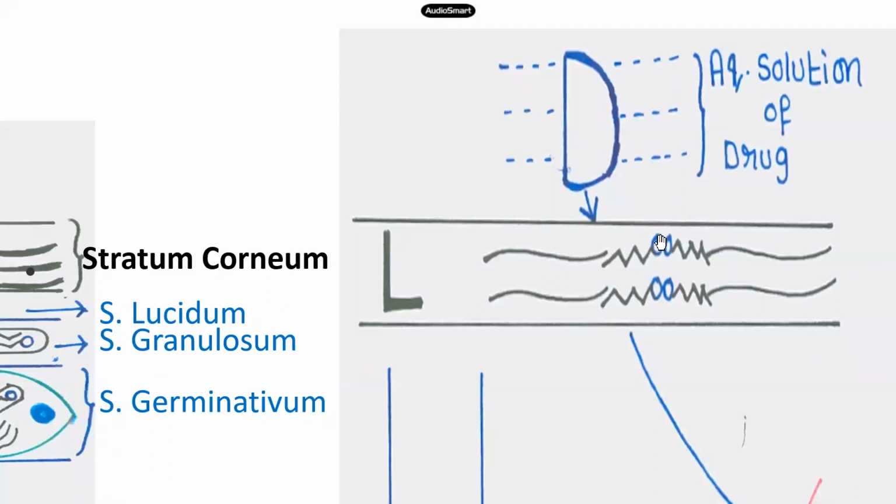Then immediately it will observe these polar groups. But already I told you what these polar heads of lipid are reserved for. They are reserved only for water, which moves from inside to outside, because that water always carries the body heat. That's why it cannot allow the drug.